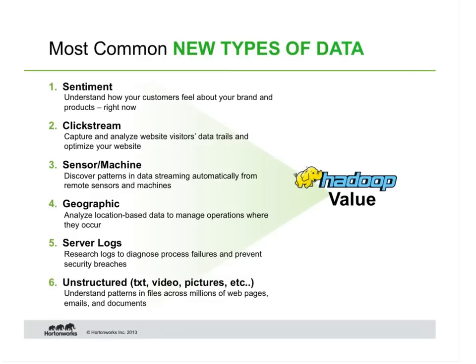So one is sentiment data, right? Data that is about the opinion or feelings about a brand or product, right? So it could be expressed through blogs, through rating systems, through surveys, through a wide range of ways that organizations might express their sentiment about your products. Secondly, clickstream data, that is data about how somebody is interacting with you via your website, right? A very, very common way, probably the most common way that organizations interact with their prospects and customers is the web. So understanding what are the 5 or 10 things that somebody did before they actually inquired with you or purchased a product on your web, if you're in retail or some other similar